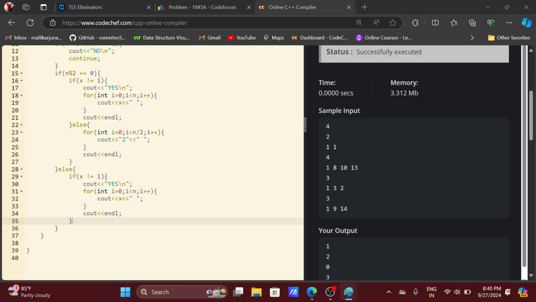Sum of two odds is actually an even, and when n is not odd, n is even. If n is odd, if x is not equal to 1, that means x is allotted, and if x is not allotted, then we should print,